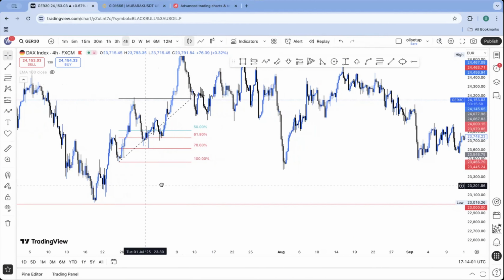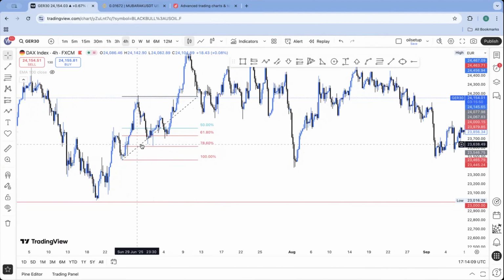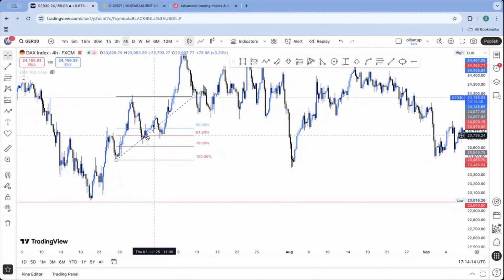When it comes to the confirmation, you could see the formation: we saw this bearish candle followed by a doji, and then another doji again, and then it gave us a bullish engulfing. So what do we do? We buy